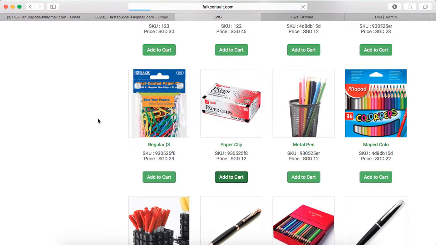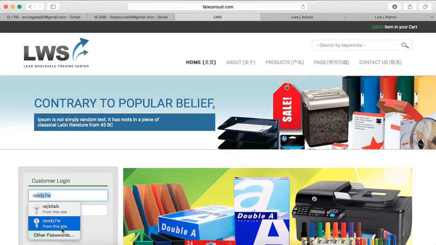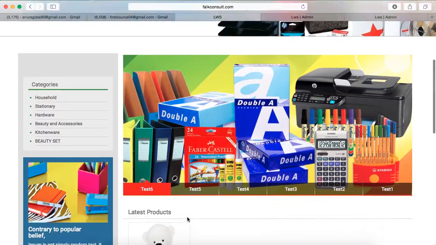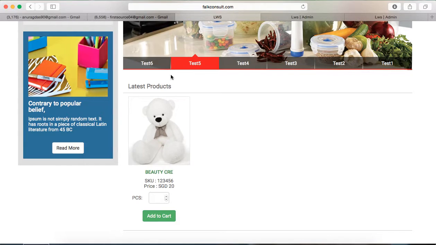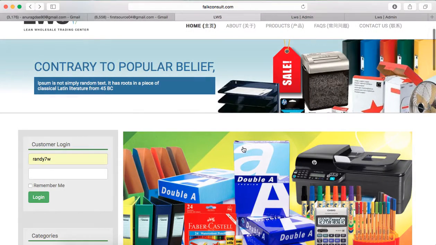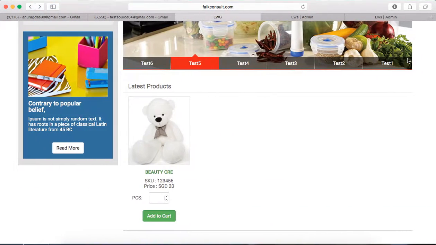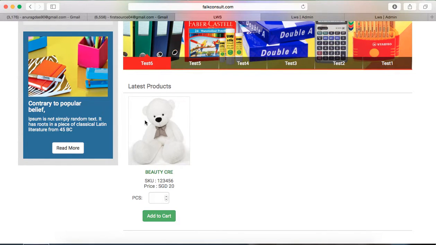So what the user does over here is, this is the username Randy. Randy goes to the site and sees what products are available only for his location. Previously in the front end of the site, you can see a number of products over here. However, when I log in as this user, he can see only one product. Why can he not see so many products? The reason is that he belongs to only one location.